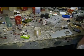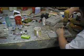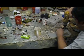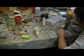Drill's going dead. Can I get 2 more holes out of it? Hope so. There's 1,